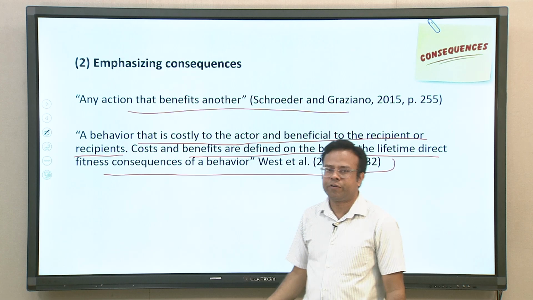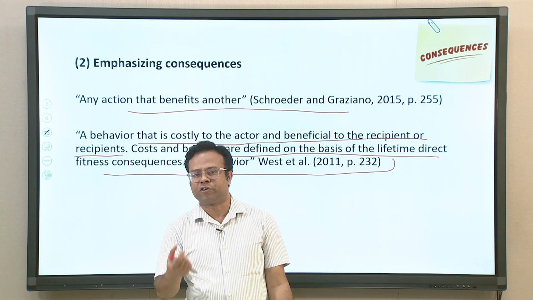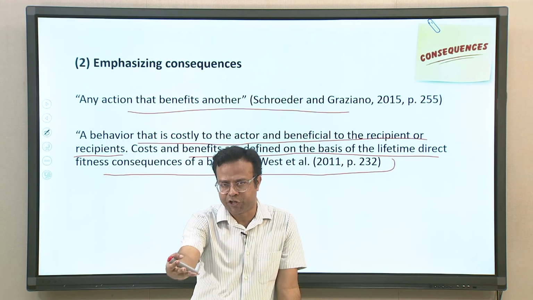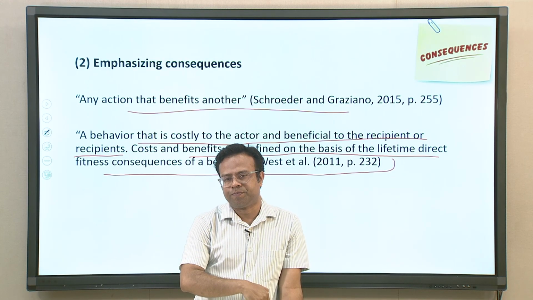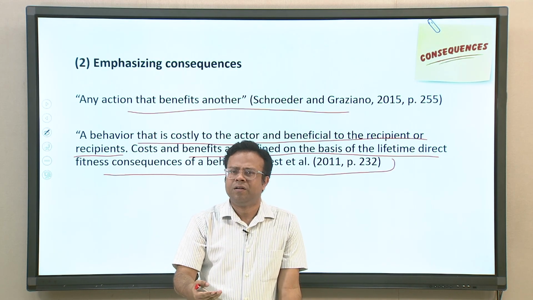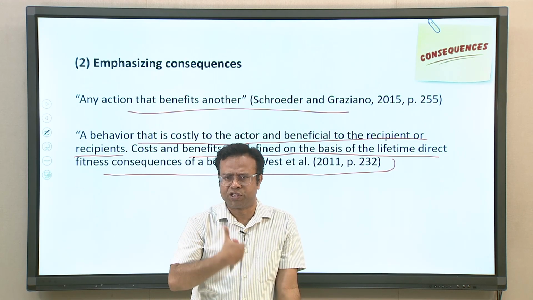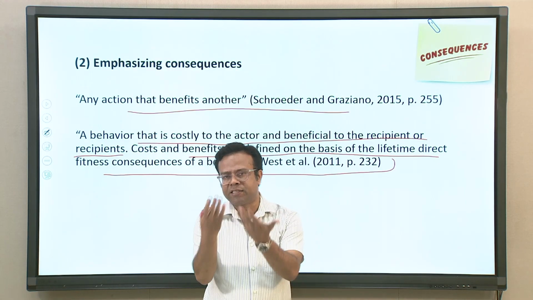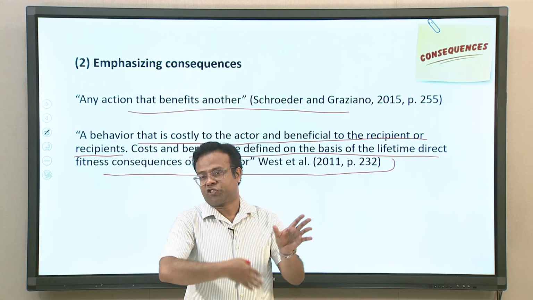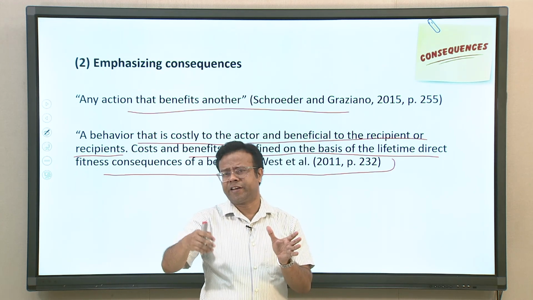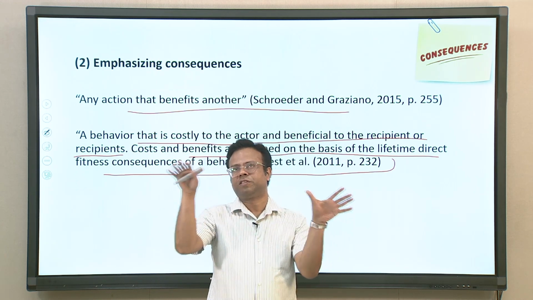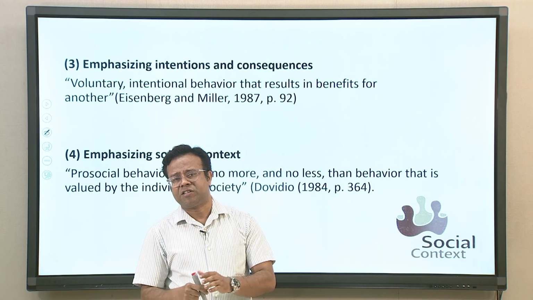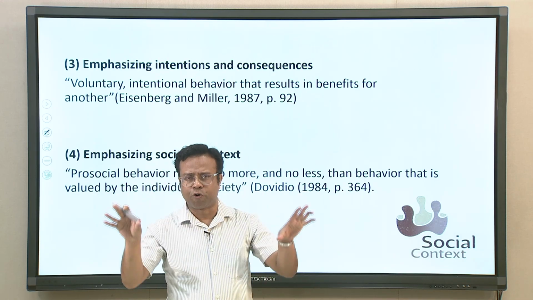So, when we talk about prosocial or altruistic behavior based on the consequences, generally the recipient for whom the action is performed is benefited, and there may be some cost involved to the person who is doing the help. The cost may include a variety of things: the time, resources of the person, risk, physical risk, and so on. So, the person engaged in the action incurs some costs, and the recipients generally get the benefit out of it. This is a definition based on the consequences of the action. Some definitions emphasize both intention and consequence. This is a more broader approach.